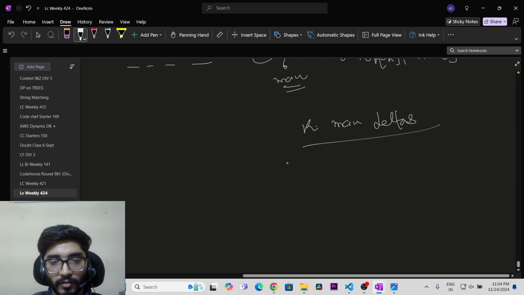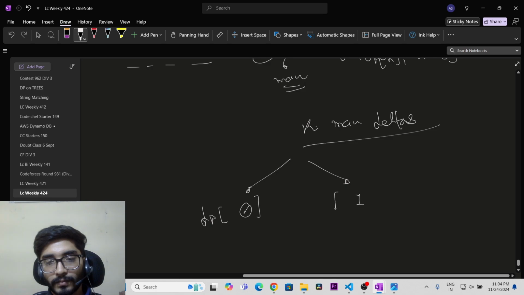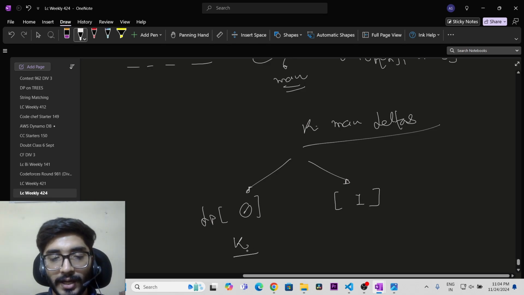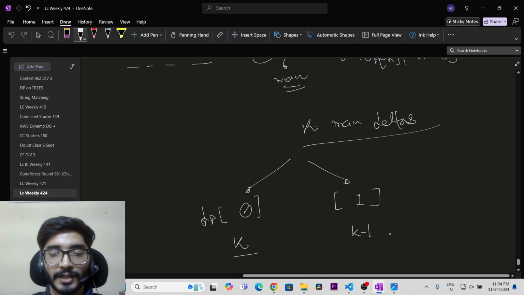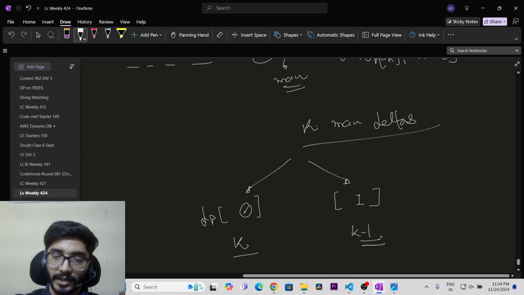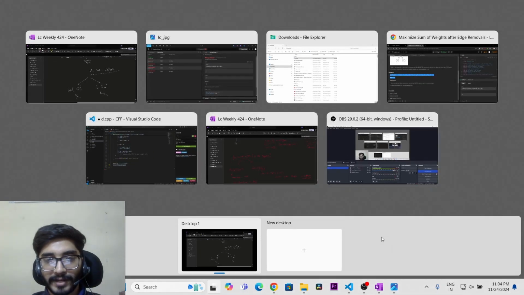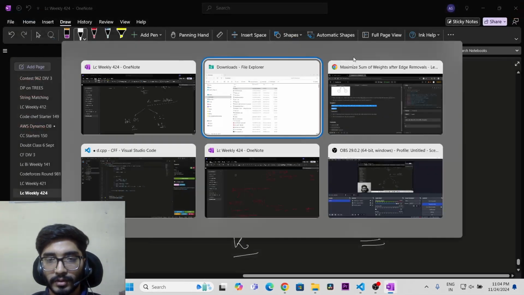And for both the cases, for 0th and 1th dp value, in this case we are going to take exactly k, and in this case we are going to take k minus 1 deltas. So that's how we are going to compute the solution at every level. So if we see the code for this,